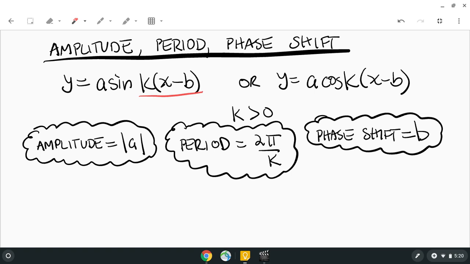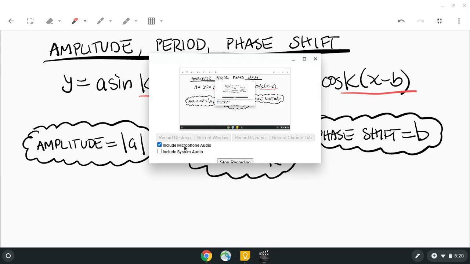And your phase shift would equal that b value. So just make sure that you pay attention to the structure of the equation when they ask you for that phase shift. Very important that you definitely make sure that